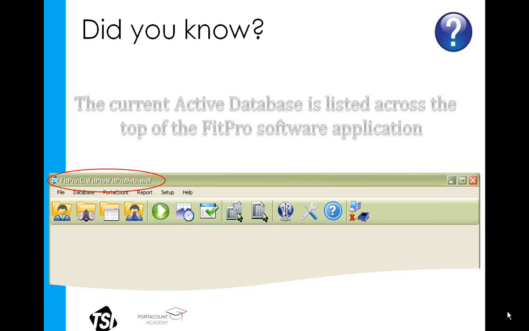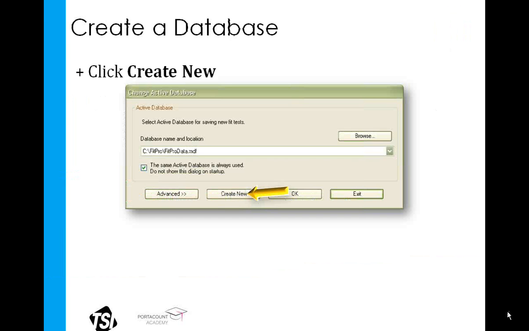Now take a moment to notice that in the upper left-hand corner of the FitPro software, in the title bar, we see which FitPro database is currently active and the address or location of that database. So now in the Change Active Database window, we're going to first create a new FitPro database. Just so you know, the database shown here, C:FitPro, fitprodata.mdf, is the default database. So we're going to click Create a New One. So click on Create New,